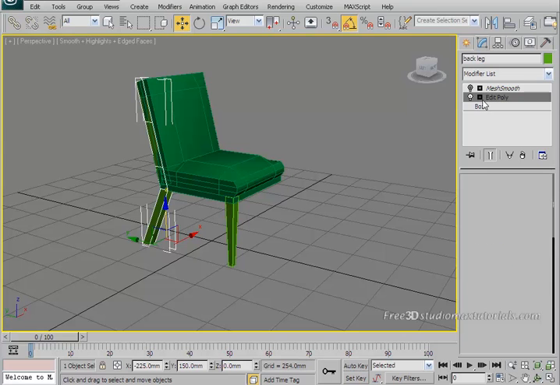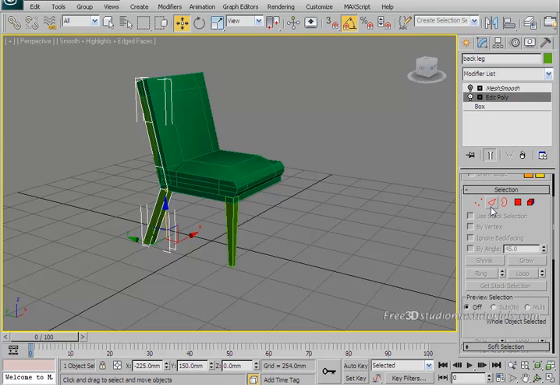Just go into Edit Poly and choose Edges. Now this time, do not select all the edges. Remember, you just want to chamfer the general shape of the object or of the frame. Okay, so now just select the outer edges and